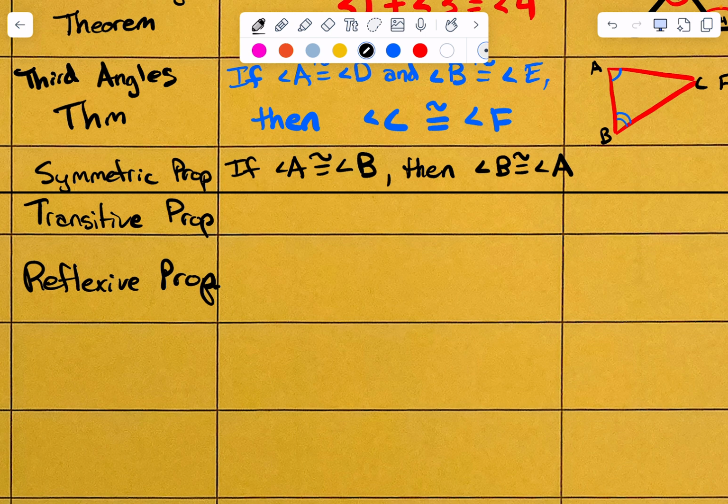Okay, the transitive property is this. If angle A is congruent to angle B, and angle B is congruent to angle C, then